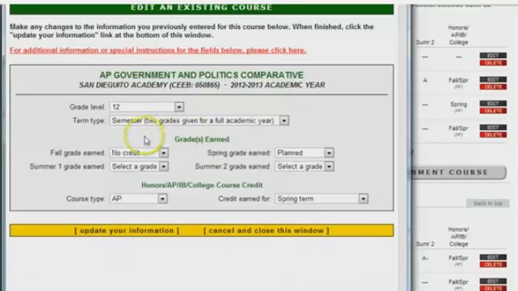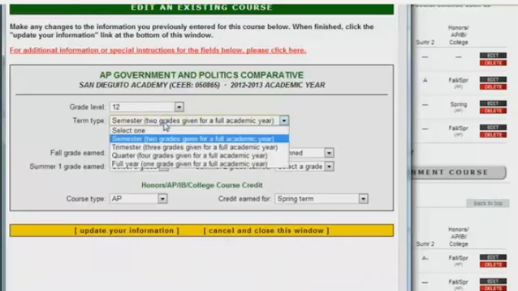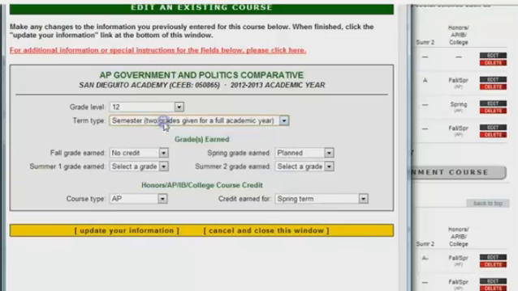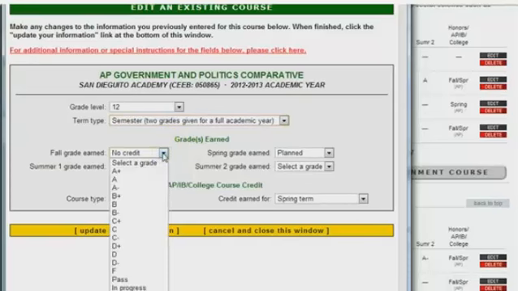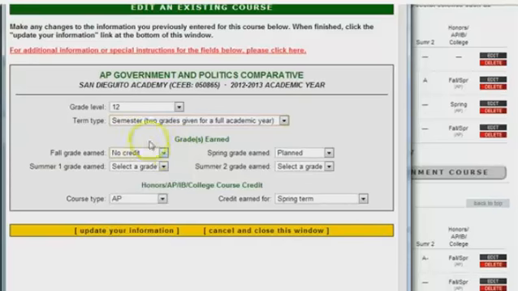This is only a 1/4 course for SDA. I'm still going to say that it's semester because if it was a full term course, I would get 2 grades. I'm taking it, let's say, in 4th quarter. I'm going to say that there's no credit for the fall because it's not there. I'm only taking it in the spring, which is technically 4th quarter. I'm still going to get AP credit, and I'm going to say that I'm getting it for the spring